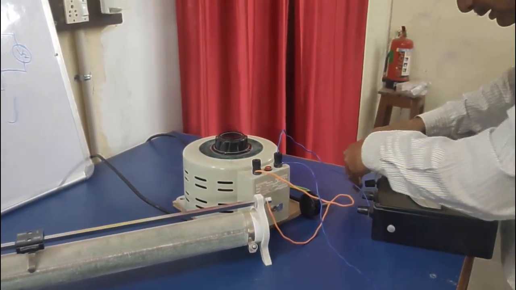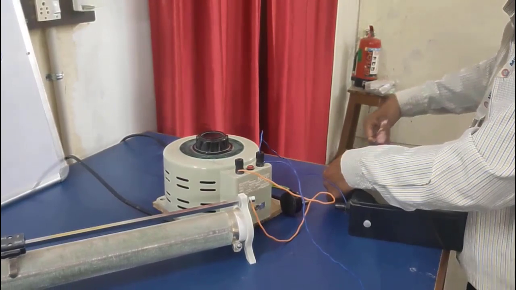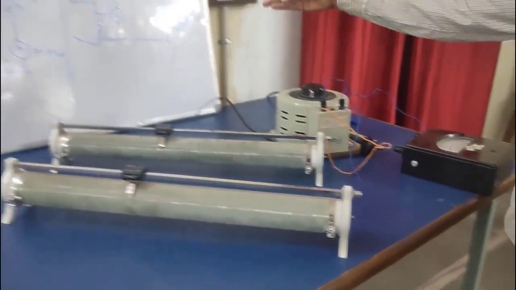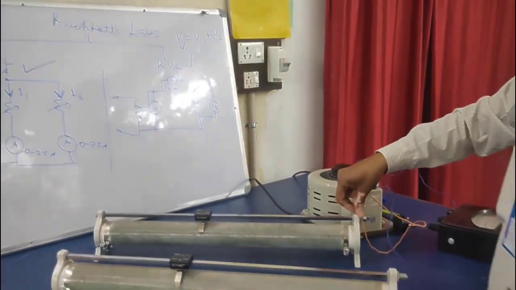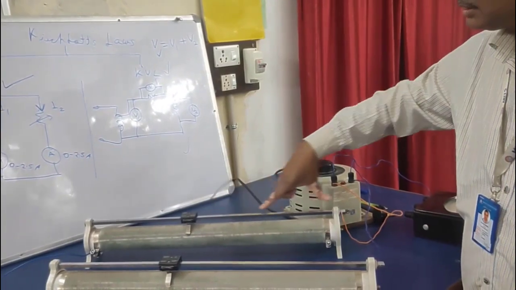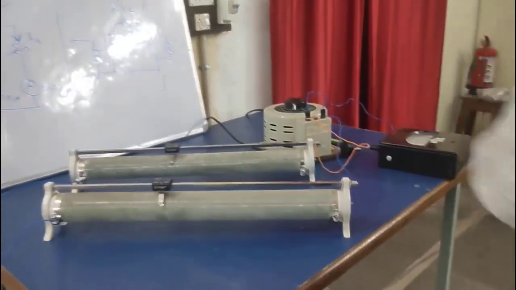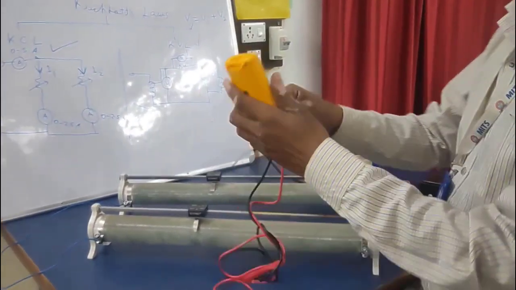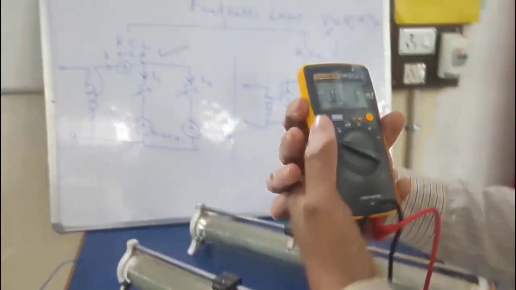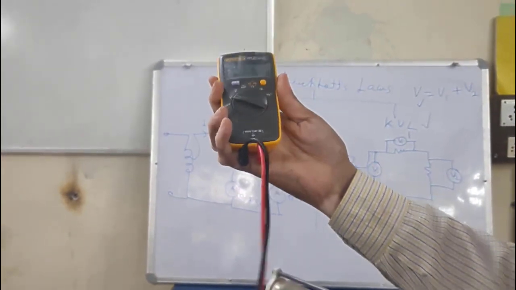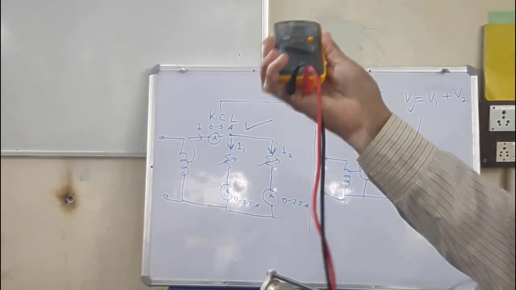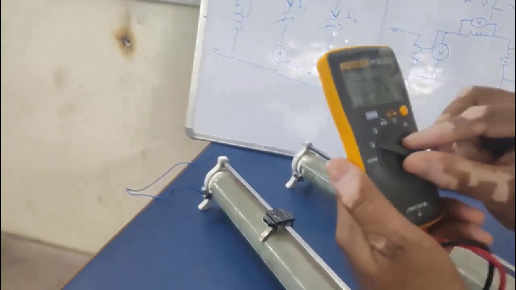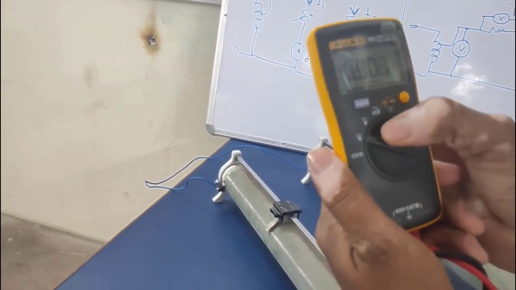Actually, in that case, we are not connecting a voltmeter. We are using a multimeter for measuring the potential drop across these two resistors. So we have a device, the multimeter. Why is it called a multimeter? Because it can measure all the electrical quantities: current, voltage, frequency, AC voltage, DC voltage. So in that case, this multimeter is used just like a voltmeter. So we set the voltmeter mode V, AC voltage you have to measure.